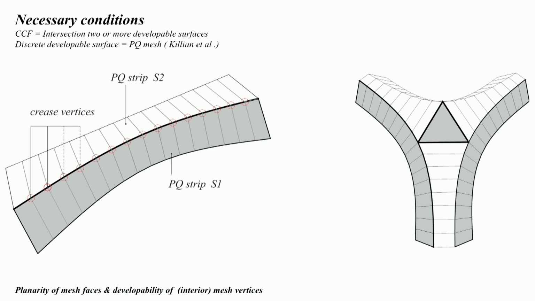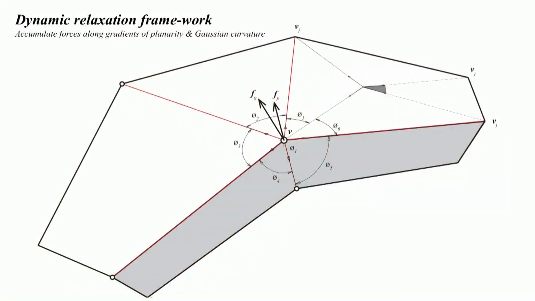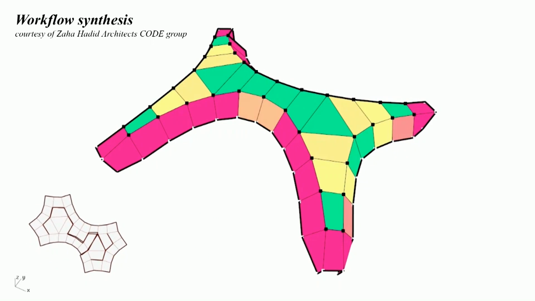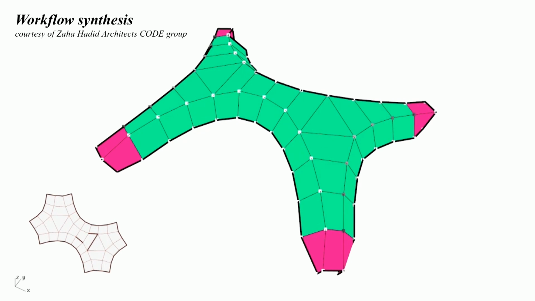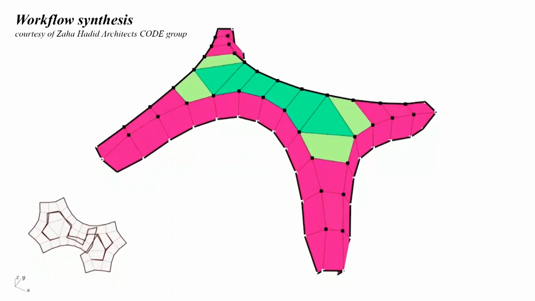And where the squares meet, all the angles around that vertex need to add up to 360, meaning you can flatten it. So these are only two geometric conditions. Notice there are no crazy physics calculations here. And with a little bit of programming, you can ensure, again, by moving points,